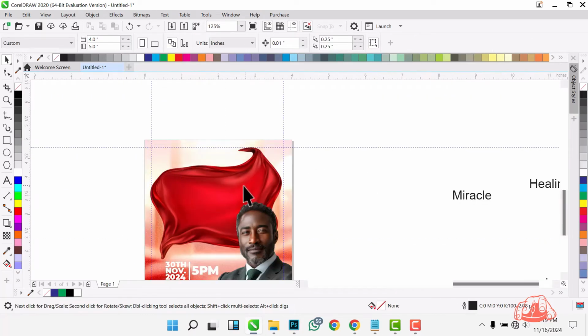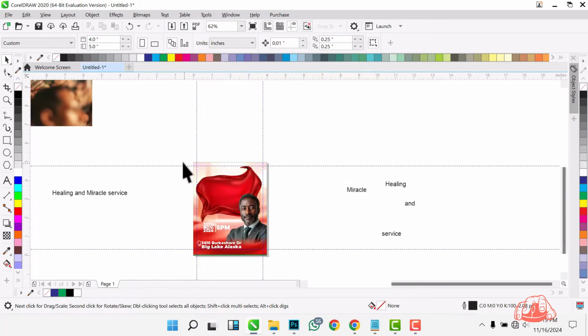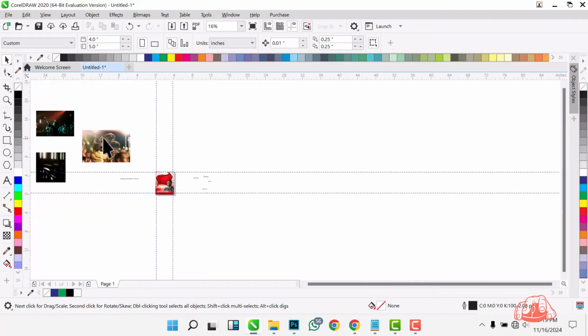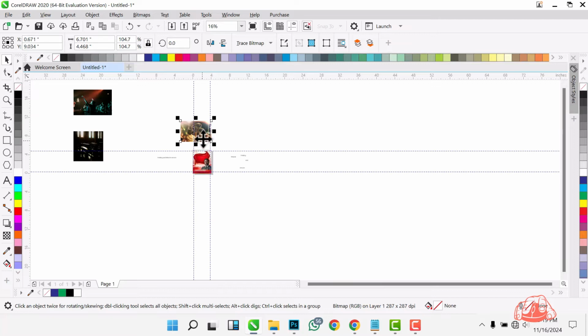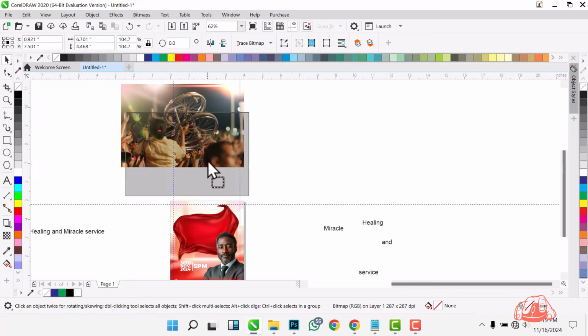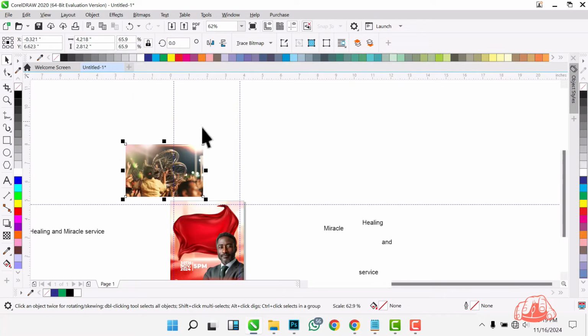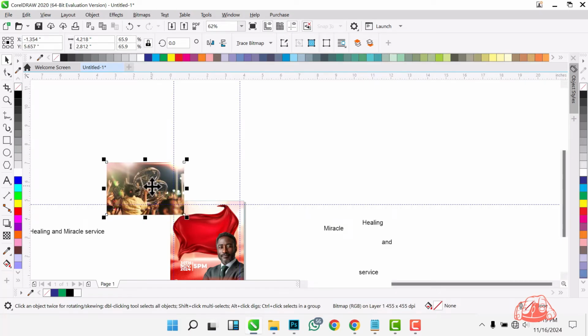So now that we have this, I think I'm okay with this. Now we are going to blend our backgrounds or our extra images. We are going to blend them with the background in such a way that we call it watermark. I'm just going to select this